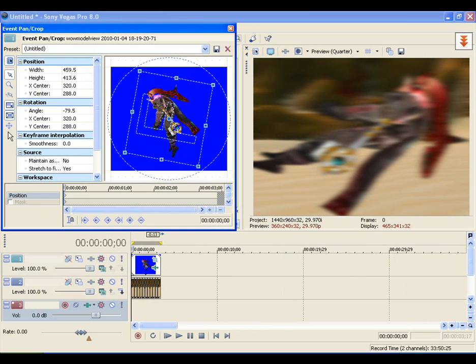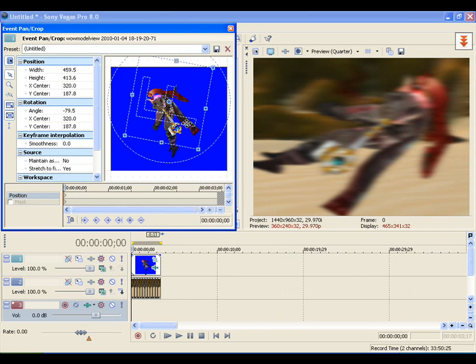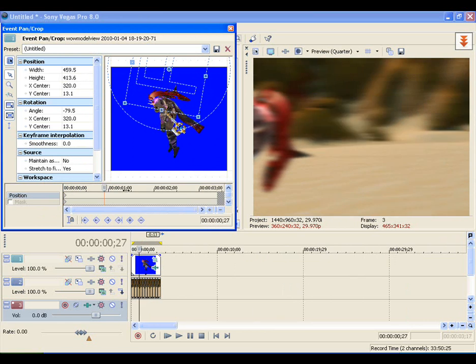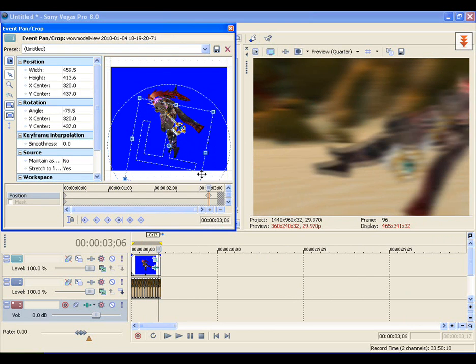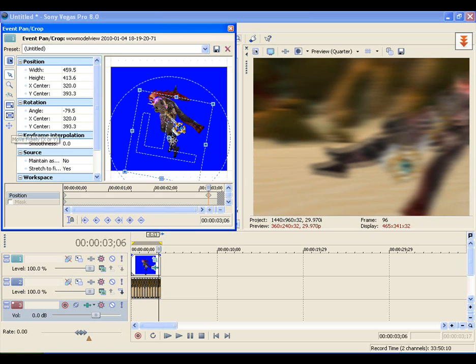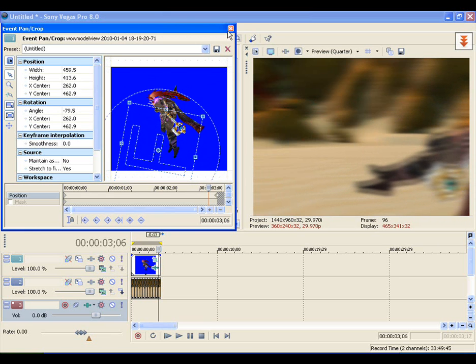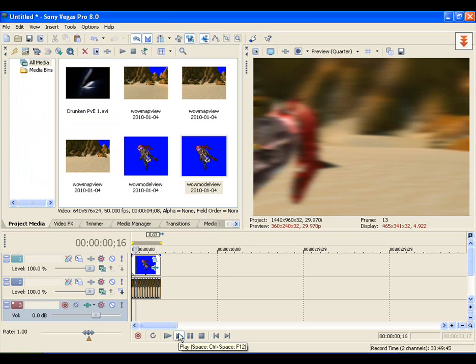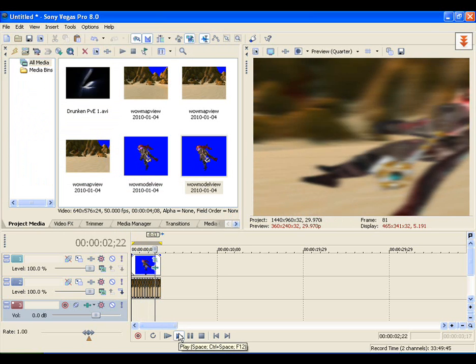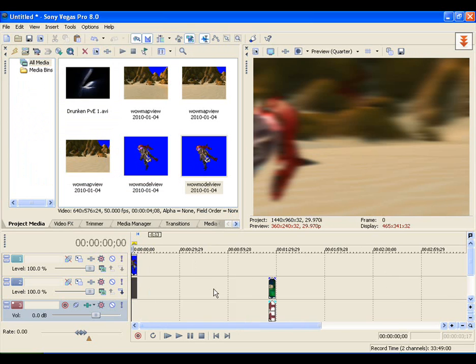All I would really do is I would, on the first frame, have him here, and at the end have him a bit lower, and let's say there, and then play the clip. I'm flying, and that's it. So,